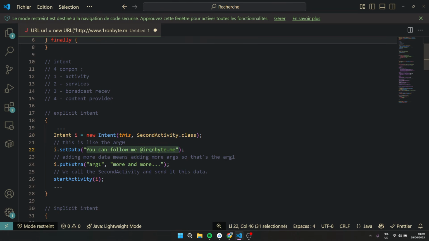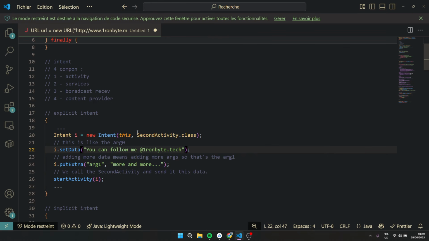You can follow me, for example, at ironbyte.tech, and you add the arguments that you want, and you keep on adding arguments, and then you start the activity. This is how you do an intent to an activity.